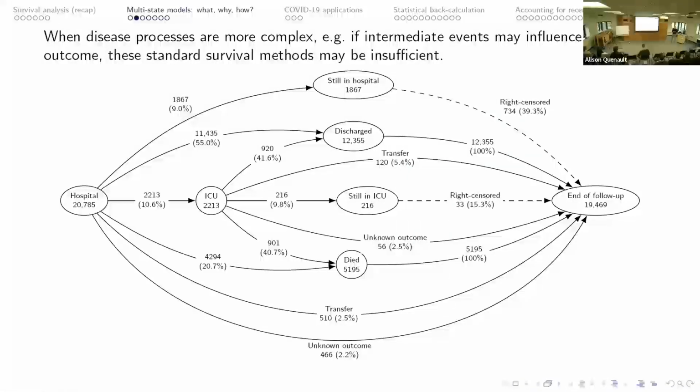But why would we want to use multi-state models? Well, if our disease processes are much more complex, and particularly if intermediate events might change somebody's final outcome, then those standard survival methods that we looked at before might actually be insufficient to capture all of the different processes, all of the different pathways that are going on. So we might have a better chance of understanding our entire model by using something that captures all the dynamics of the system at once. So this is where multi-state models come in. This almond-shaped figure